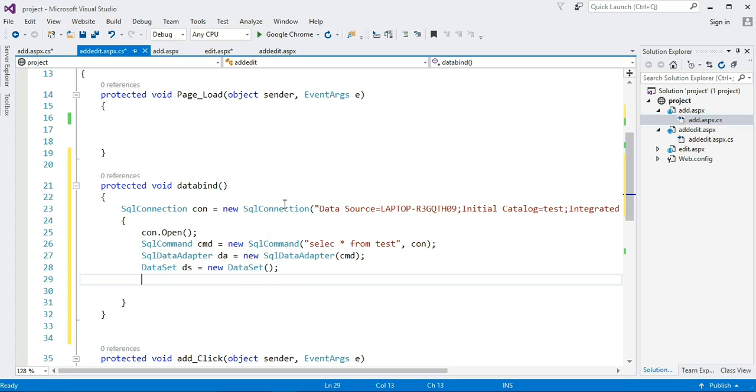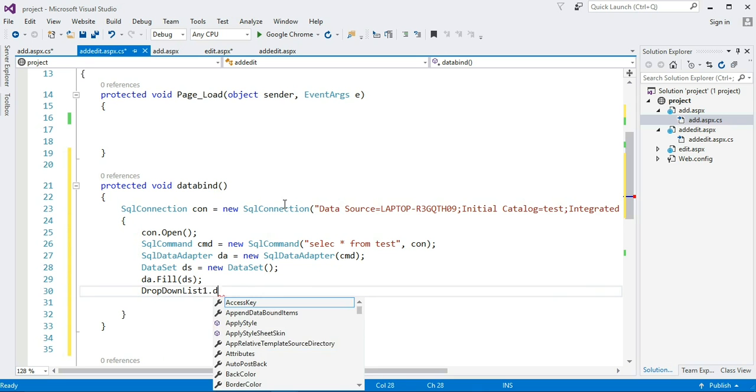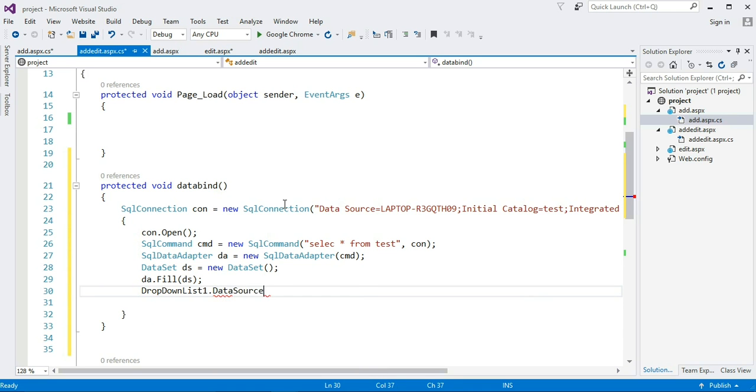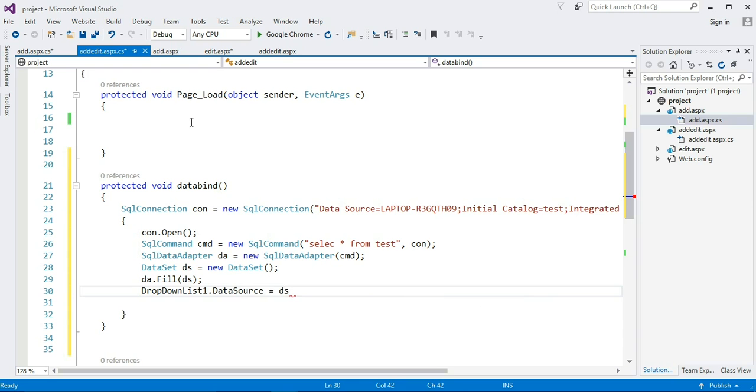So how to do that in coding? ta dot fill ds. Okay, now we have to give a data source to our drop down list. So how to do that? Take our drop down list id dot data source equal to ds.